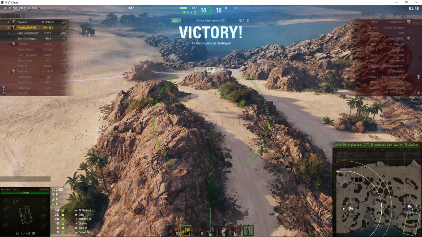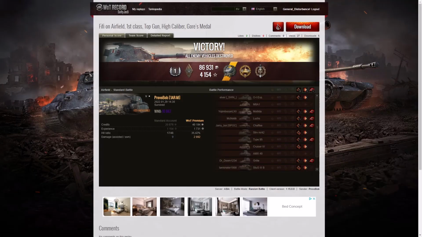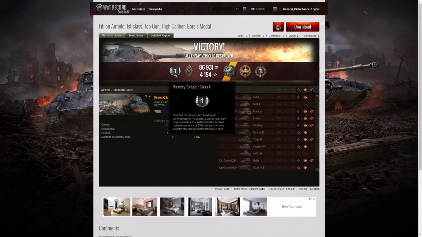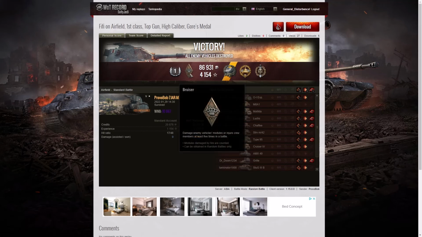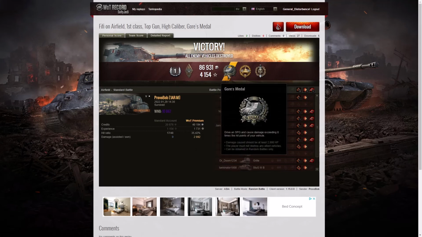So a nice little top gun for ProvoBob. Here's the end of battle stats, and that was the first class tanker game for ProvoBob in the 105 leFH18B2. He managed to get a bruiser medal for getting at least 5 critical hits. In fact, he got 20 in this game, as well as a Gauze medal for doing more damage, exceeding 8